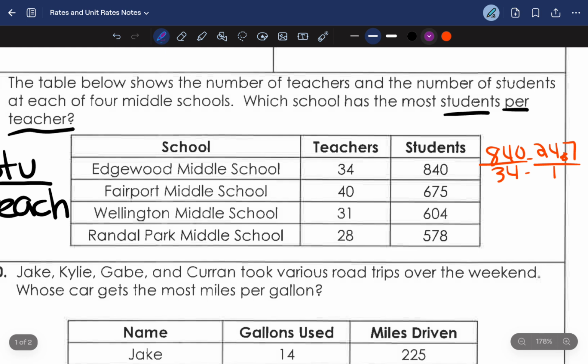Now, Fairpoint Middle School has 40 teachers and then 675 students. So I'm going to write 675 over 40. And if you divide those two, you get about 16.9 over 1. Okay, and then the next one is Wellington Middle School. So they have 31 teachers and 604 students. So you would just do 604 over 31. And that ends up being